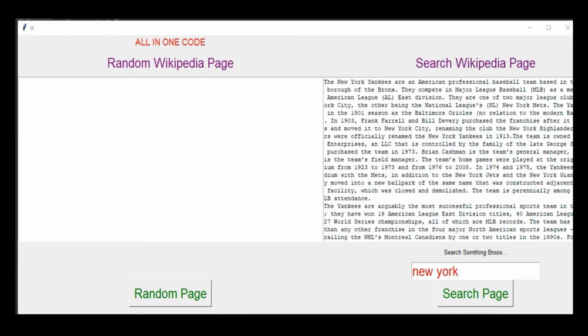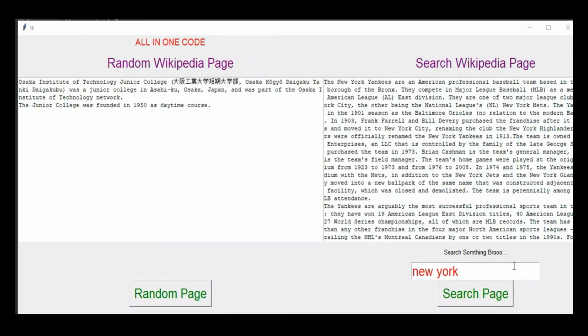So okay, now let's try something different. Let's try How I Met Your Mother. Now let's try. Oops, I forgot. I added a different spelling in here. Let's try again. You can see the fourth season of the American television comedy series How I Met Your Mother began on September 22, 2008, and concluded on May 18, 2009, and so on.